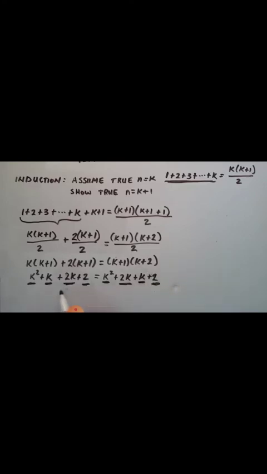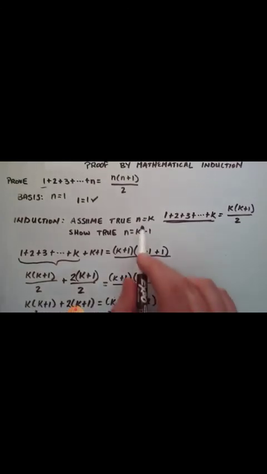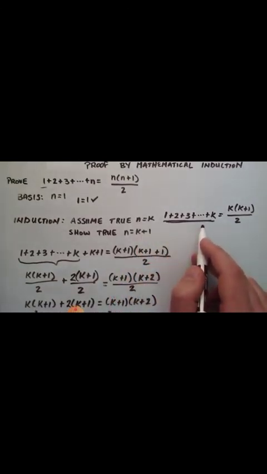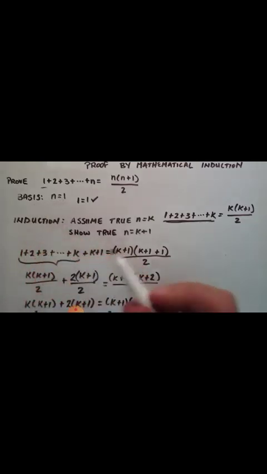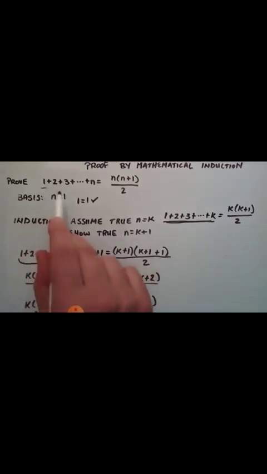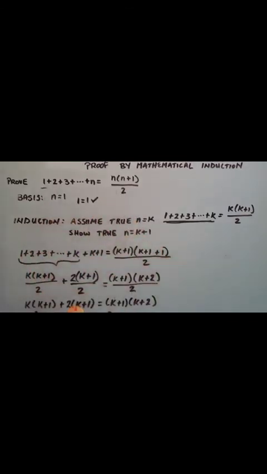So the statement P(1) is true, it means it is true for n is equal to 1. And we assumed that if it is true for n is equal to k, then it will be true for n is equal to k plus 1. So for n is equal to k plus 1, this statement is true. Hence this statement is true for all values of n.